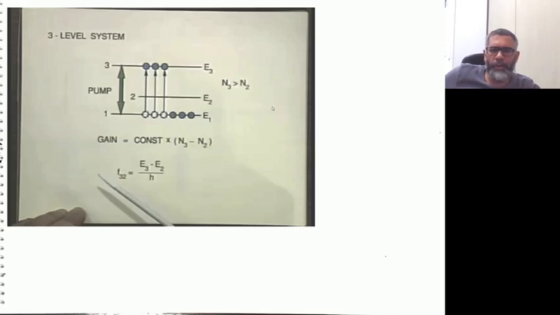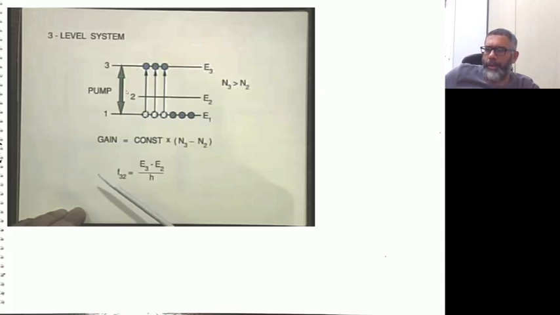So which photon will be the lasing photon? It turns out that as soon as your pump starts and the electrons go to the third energy level, you might think that this 3 to 2 transition will produce your laser,